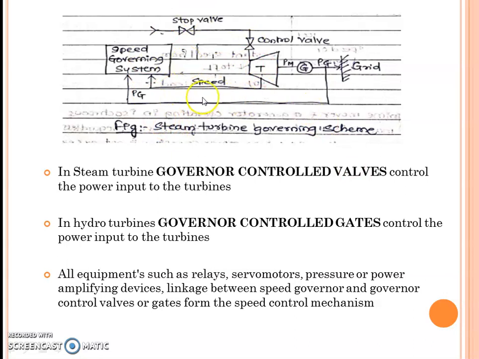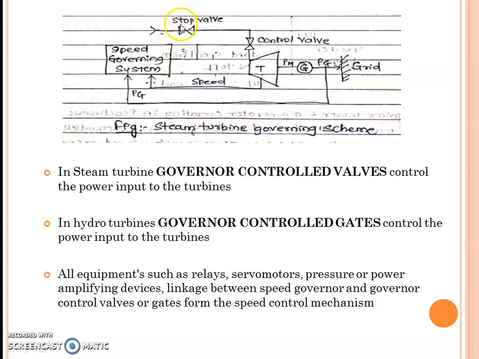So one block diagram they have given here for the steam turbine generator scheme, that is the speed governing system. That input is given to the control valve, wherein the steam of that particular plant will be controlled and given to the turbine according to the desired levels, and that turbine will be coupled to the generator, wherein mechanical energy will be given to it, and whatever the generator output we are having, that will be given to the grid. And the output, if you want, you can have it for the feedback system as a speed governing parameter. Okay, so the speed of the turbine is also taken as a feedback parameter for the speed governing system.